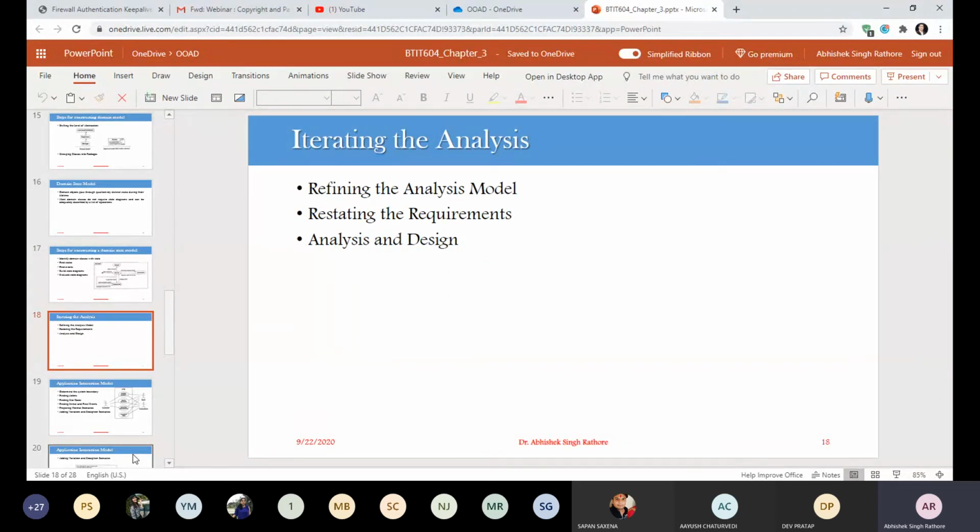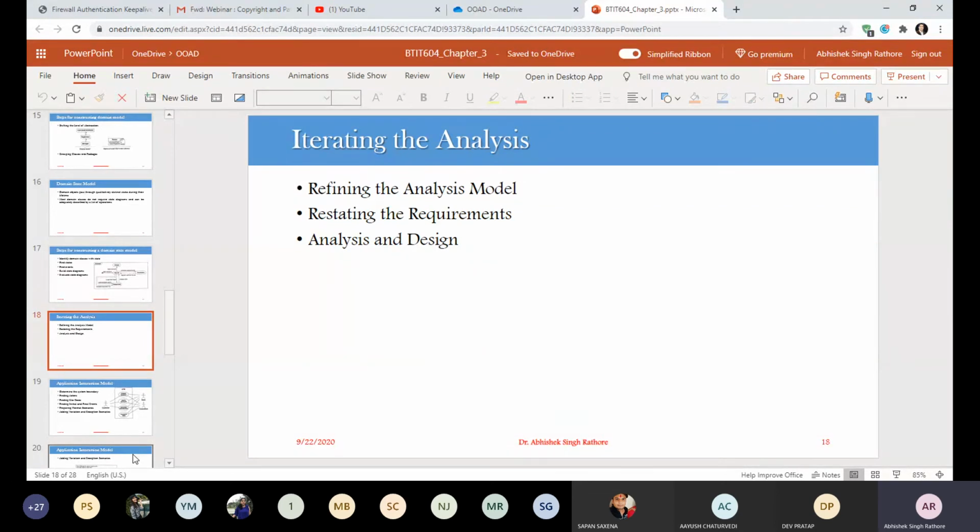Now the question arises: is there a firm line between analysis and design, whether how much level of iterations we have to give to analysis, how many levels of iterations we have to take on design, and whether we are going overdone or under-iterating. So we are having different levels. For doing this we have to check with a domain expert. So these are three different steps by which we can achieve iteration in your analysis.